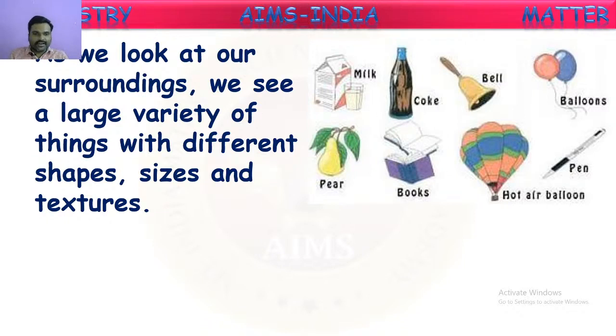That is, they have certain mass and they are occupying certain place or volume, and they can be perceived by our senses. We can taste the milk, we can touch the bottle, we can feel the air, we can see the colors of different books and pens. So, in this way, that can be perceived, and hence these all come under different forms of matter.